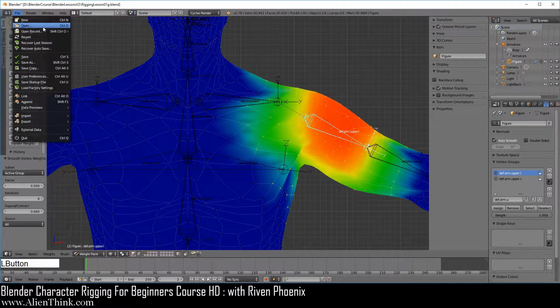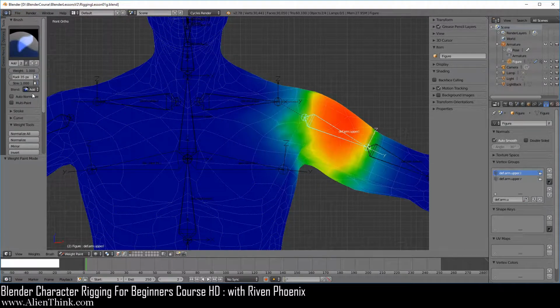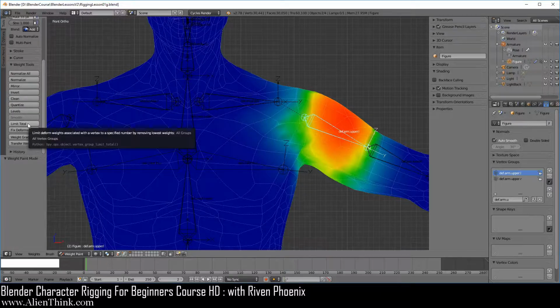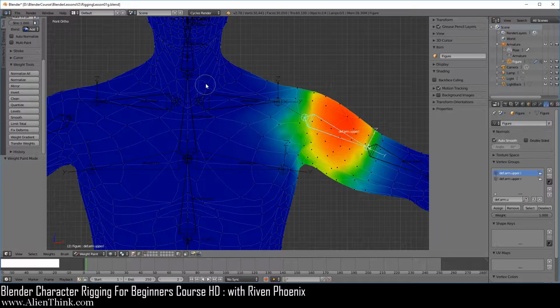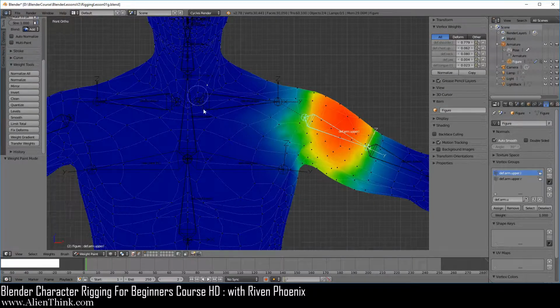Now as I said, we'll go ahead and reload this file. Limit total is going to be a very important thing to use, because if you go ahead and click on a vertex in the neck, you can see that in this crowded space we're having too many bones assigned to this vertex group. Gaming engines require that only 4 vertex groups can be used per vertex when it comes to deformed bones.